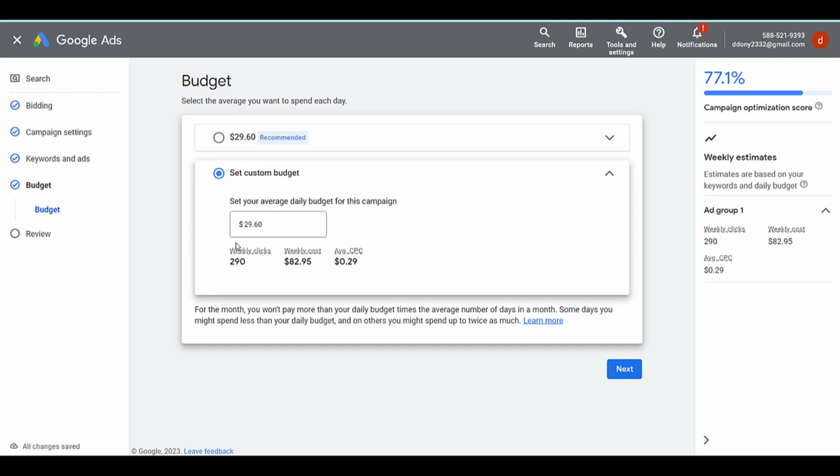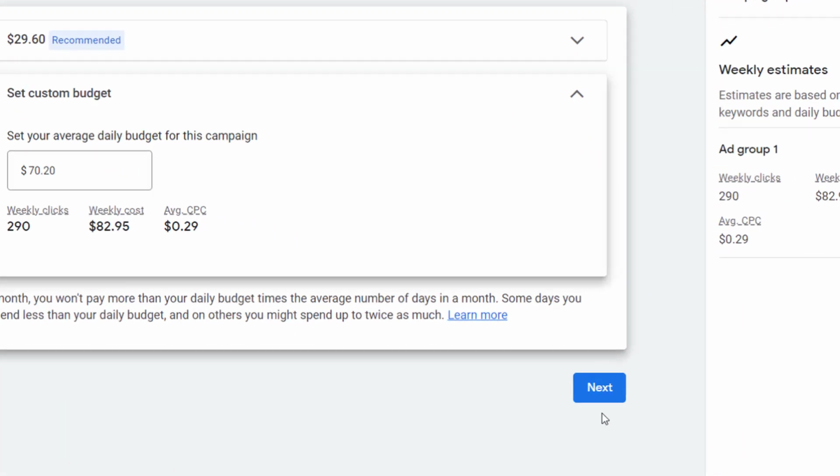Let's say $70, or you can go back to the budget recommended by Google Ads. Set, and then hit next.